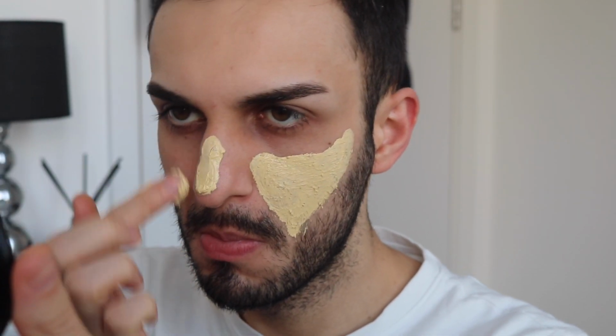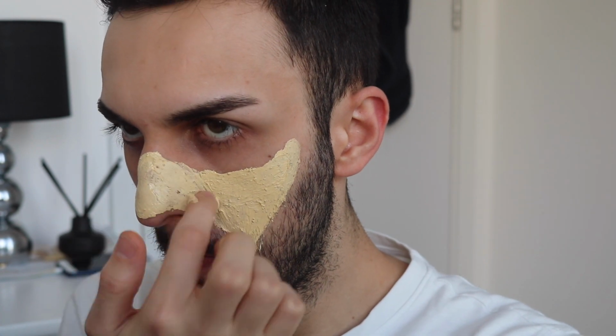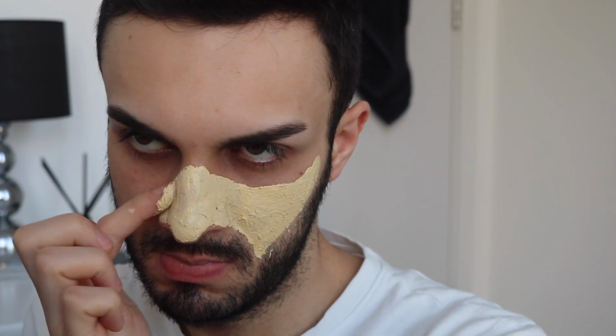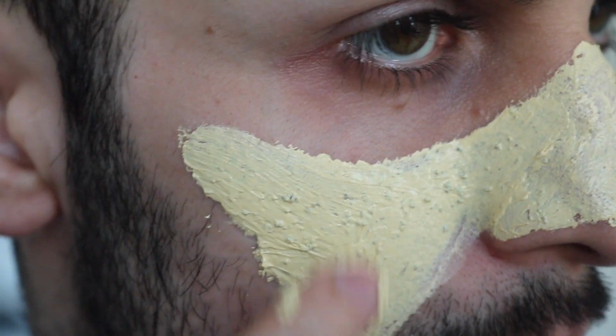Depending how much time I have, I then jump into the shower. Now you can use it like a facial washcloth to remove the face mask, but I like to jump into the shower and rinse it off in there. However, it might get a little bit messy, because if you leave it for a very long time like I do, the cranberry seeds get really hard on your skin, so it makes it a little bit more harsher to exfoliate. However, if you use it for a good 10 minutes, the cranberry seeds are amazing for exfoliating the skin